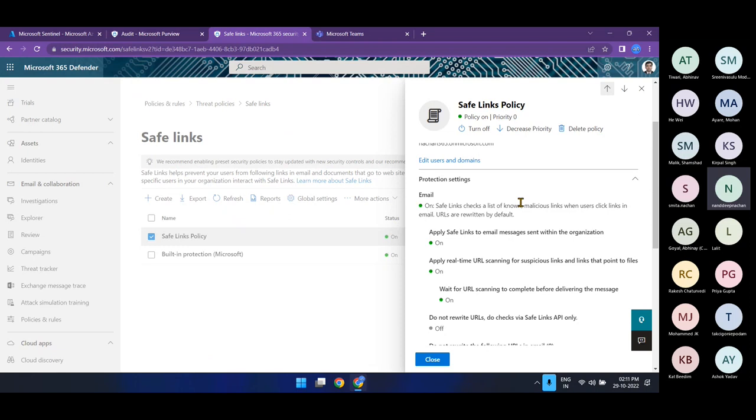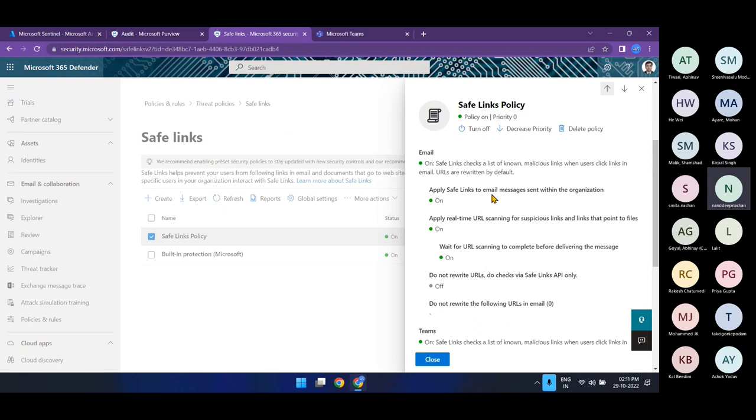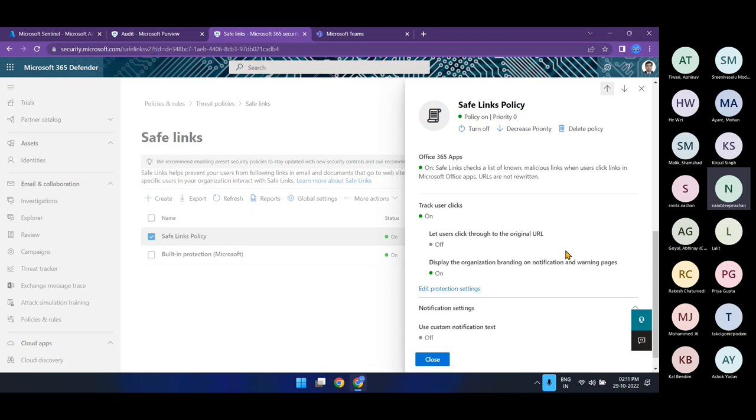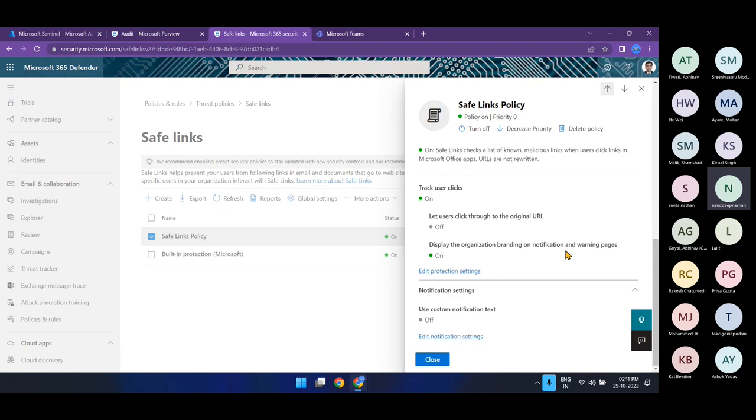So you can define that, and you also need to configure for which protection settings you want to apply these settings. So in this case, I only had selected email and Teams. So these are the two places from where we want to have that URL scanning done. And then once that click-through experience has been done, how you want to track the user clicks. So all those kinds of interfaces, or all of those configurations, you can define,